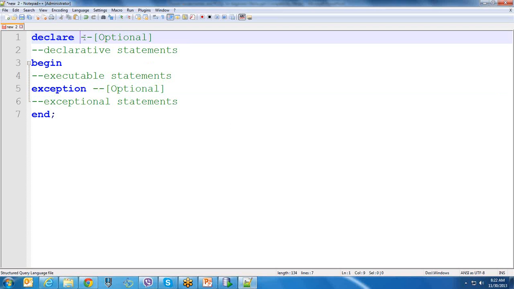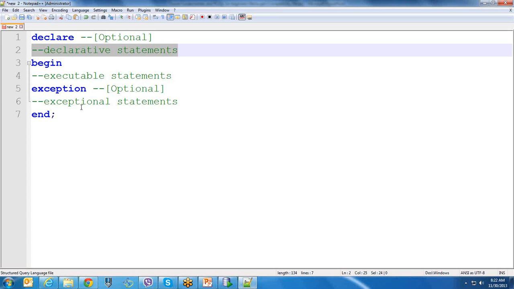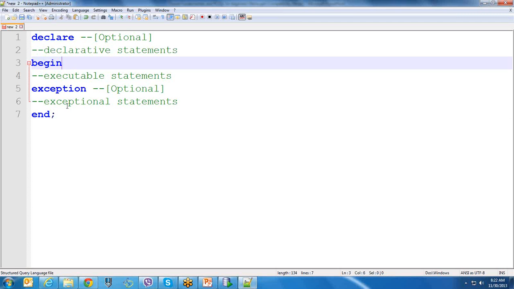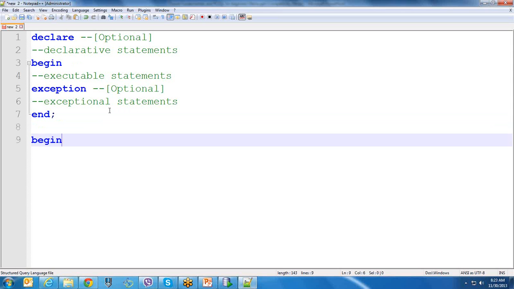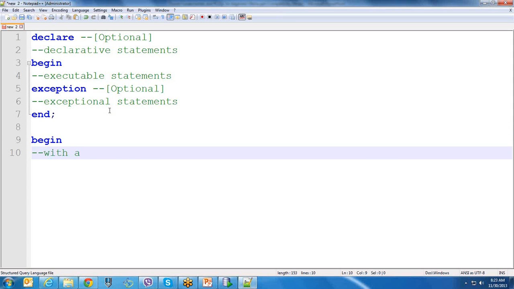The declare section is always optional. All variables we are going to use in our program need to be declared between the declare and begin sections. Between begin and end is called the executable block. If you use a variable without declaring it, we'll get an error message that the variable was not found. The only mandatory block is begin with at least